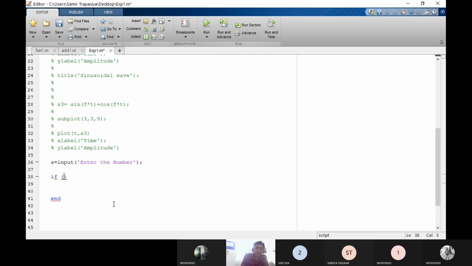So inside the brackets I write the expression as s is greater than 0, right? So what we need to print, here there is a function known as printf, or you can even use the display function. Both will do the same job. If s is greater than 0, you need to print that the number is a positive number. So you write "the number is positive",